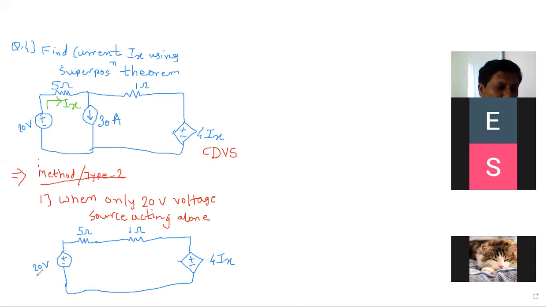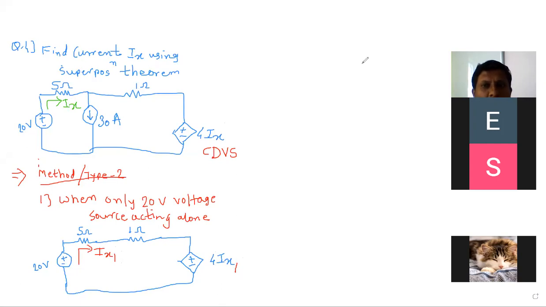But we are keeping only one source, the first source. So what will be the name of this current we are taking? याच्यातलं करंट काय होणार आता? नाव काय होणार आता ix च्या ऐवजी? Ix1. Yes, very good. So this will be ix1. If here ix is there, then here also ix will come. If here ix1 is there, what will be the value here? 4 into ix1. Yes.